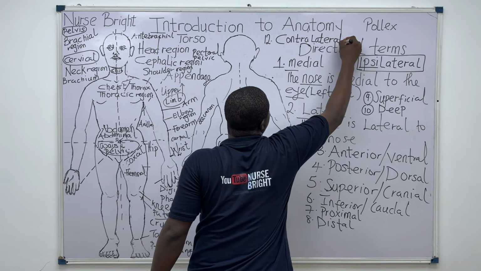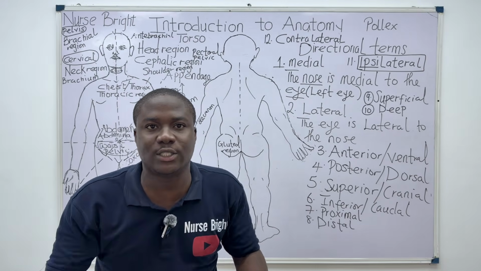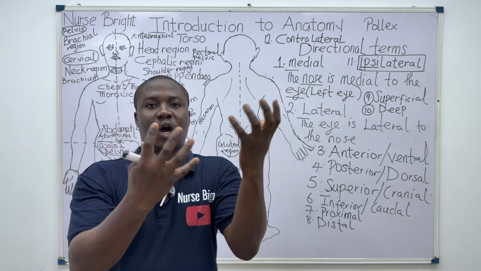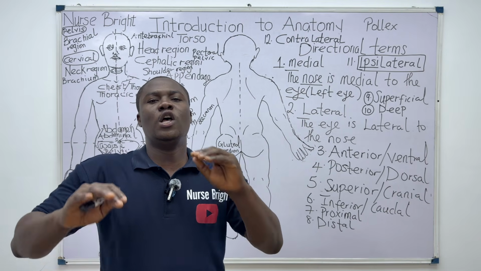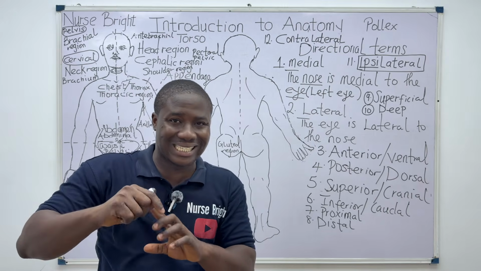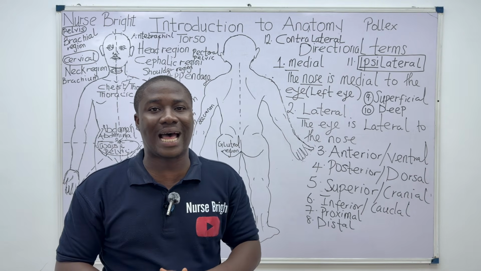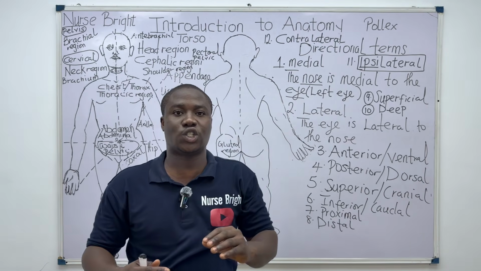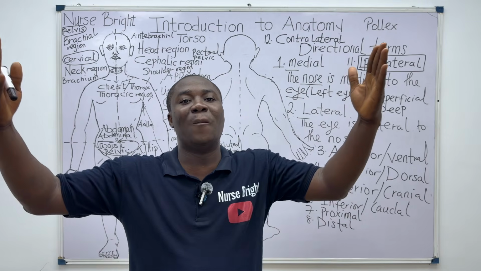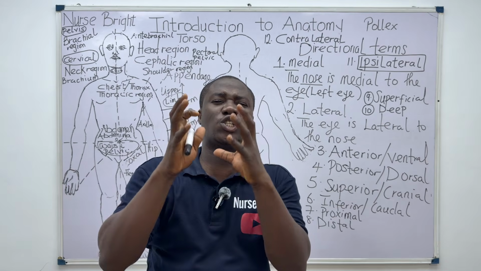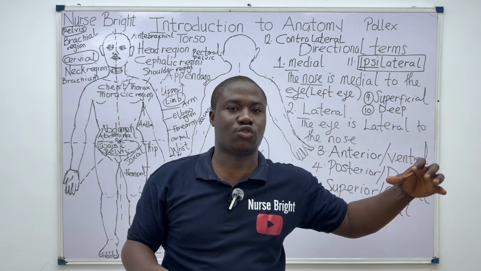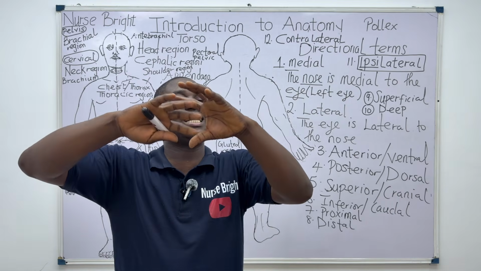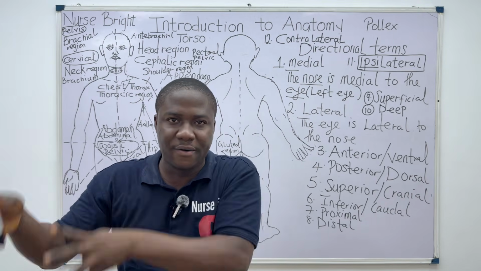So what does it mean for a structure of the body to be contralateral? When we talk about directional terms, we relate two structures. So for structures, you can say, I added S, to be contralateral, it simply means the opposite of ipsilateral. Since ipsi is same side, contralateral structures are structures that are located on opposite sides of the body. So a structure is said to be contralateral to another structure if they are located on both sides of the body. And when we talk about directional terms, we basically talk about these majorly on same regions of the body.